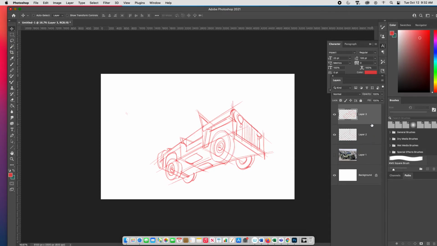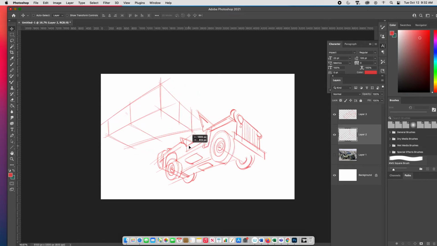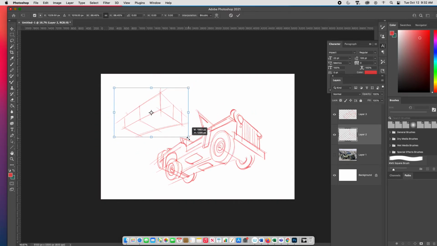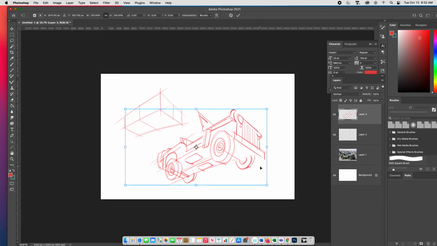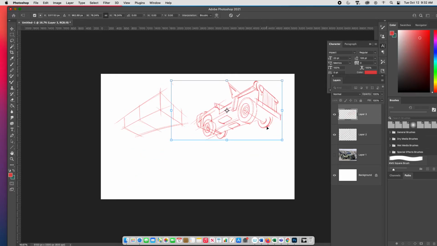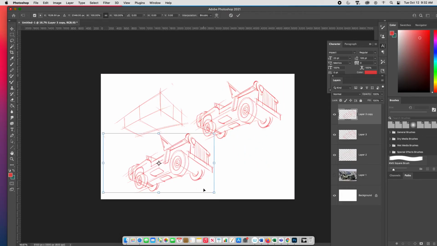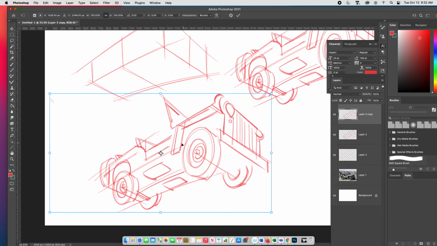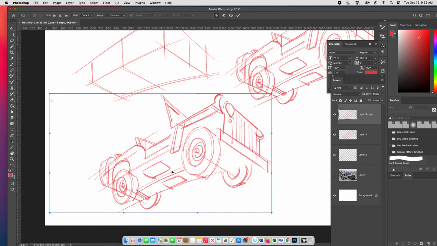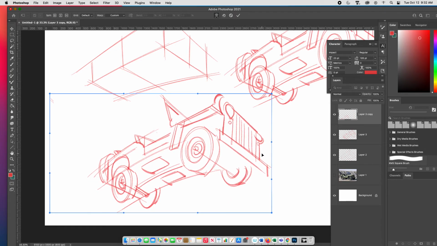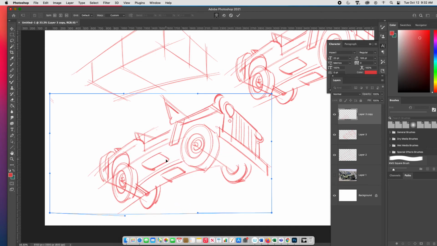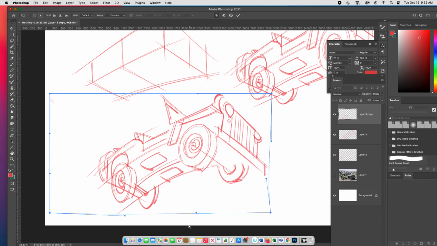And so now what I can do is I can take this. This is my starting point, right? I started with this box, and then I developed this sketch. And I'll make a copy of this sketch. And before I start inking it, what I can do is use my warp tool and just nudge it, give the vehicle a little bit more curvature, and it'll look like it's really flying. And so that's the pro tip